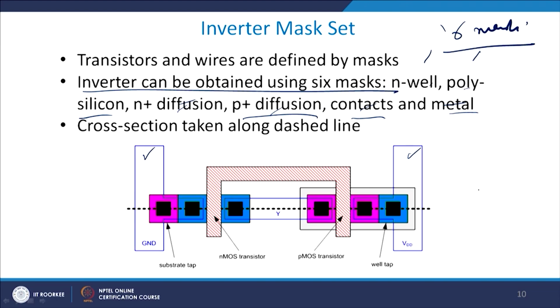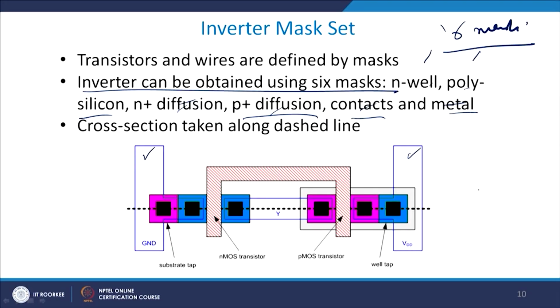These 6 masks can be easily purchased and can be used. But when you use these masks for fabrication purposes, the fabricator will come to you and ask you to change this mask according to his fab lab, according to his fab. So, please be careful that just by saying that you have been able to generate the fabrication mask does not mean that you have done everything. No, the fabrication mask as well as its final utilization is quite important